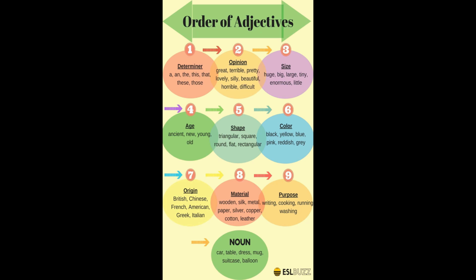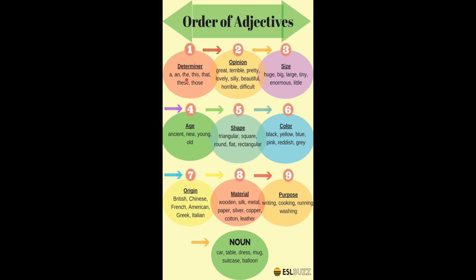First one, determiner. Let us see what the order of adjectives is. If you want to use only one adjective, no problem. If you want to use more than one, there should be an order to follow. It is not like whichever word will come. To avoid this kind of confusion, we have to follow some order. That is called OSASCOMP. What is this OSASCOMP?